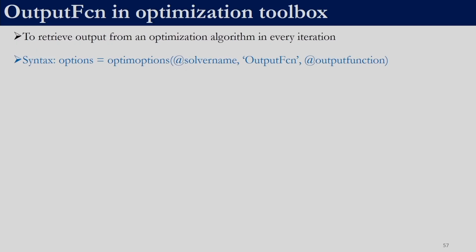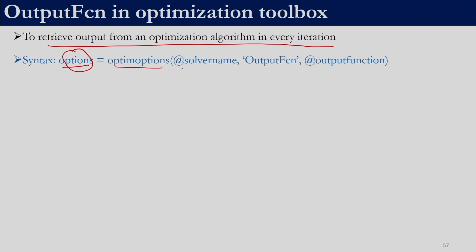Now we will look into how to make use of the output function in MATLAB. For changing options we demonstrated it with GA. Same thing we will do for output function, we will demonstrate it with GA. For whatever inbuilt function you are using in MATLAB, you can write your own output function as per your needs. The use of this output function is to retrieve output from an optimization algorithm in every iteration, if we specify it to the algorithm through the options, right. So options is the name of a variable over here. That has to be set using optim options, which we discussed earlier.